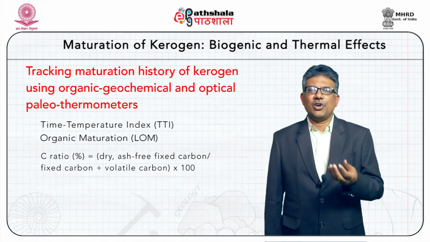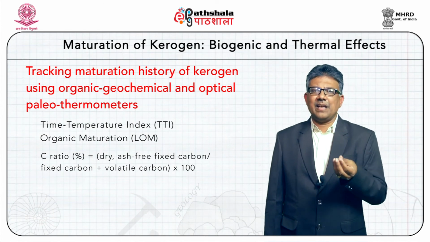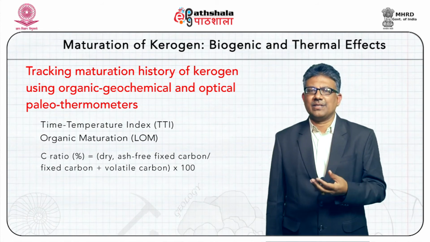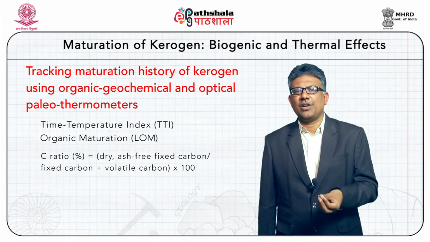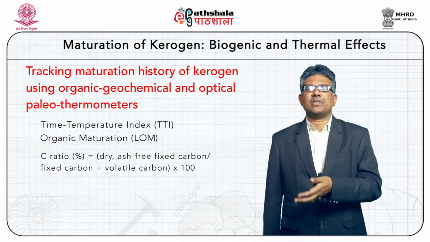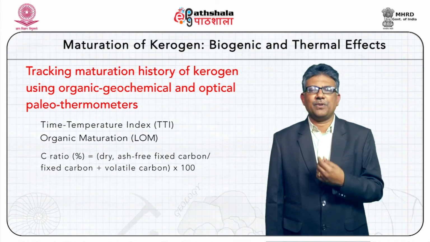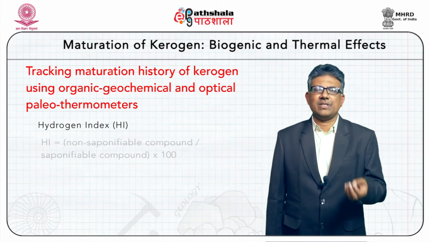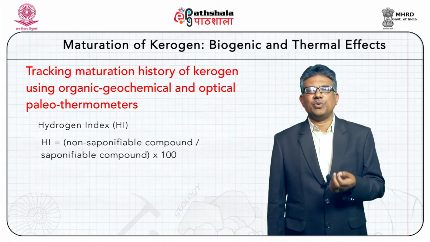Now, what is the retortable carbon? The organic acids, a major constituent of organic matter, react with potash to result in potash products. This reaction is named saponification, and in the course of progressive maturation of kerogen, saponifiable components of organic matter get changed to non-saponifiable products, and this degree of transformation from saponifiable to non-saponifiable products is referred to as the hydrogen index. So, hydrogen index is non-saponifiable compound divided by saponifiable compound multiplied by 100, and sediments with hydrogen index